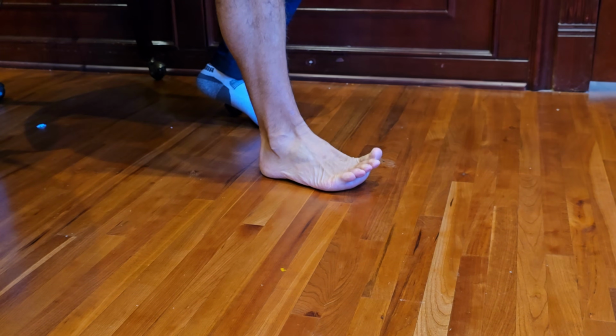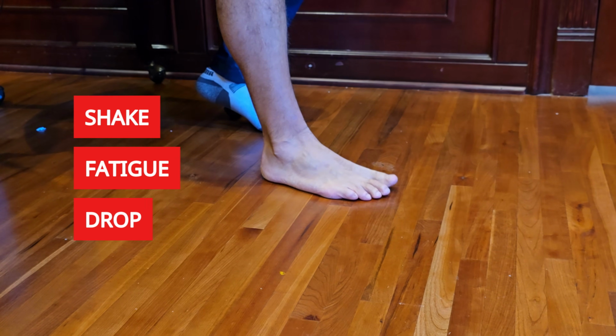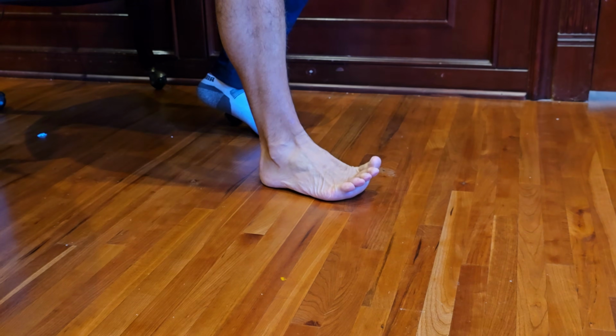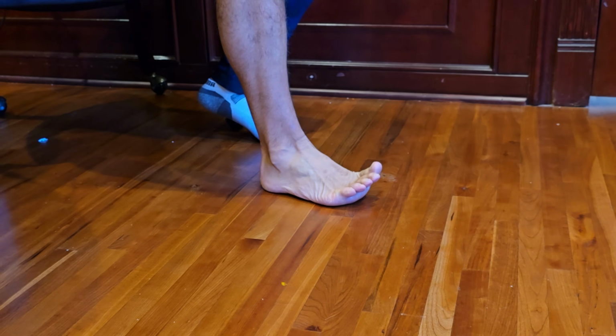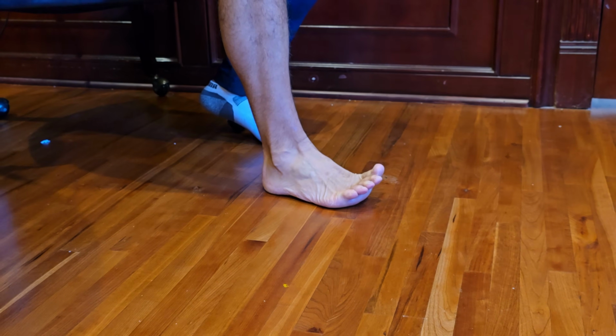Or do they start to shake, fatigue, or drop after a few seconds? If you can hold them strong and steady, that's an excellent sign. It means your motor nerves are active, your muscles are getting a clear signal, and the healing process is already underway. Even if you still have some numbness or burning, this is proof that your nerve pathways are reconnecting and